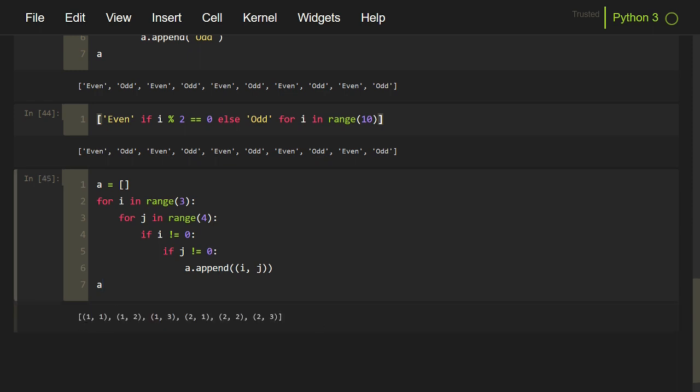And it has generated all the tuples from 1 to 2 and 1 to 3 because we are not including 0 in any case. So (1, 1), (1, 2), (1, 3), (2, 1), (2, 2), (2, 3). This is the final output.